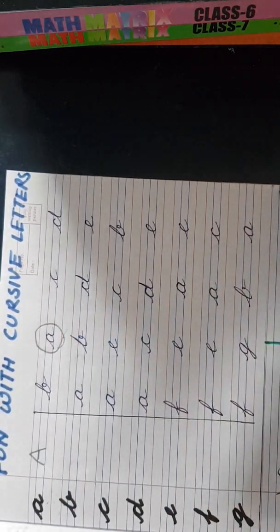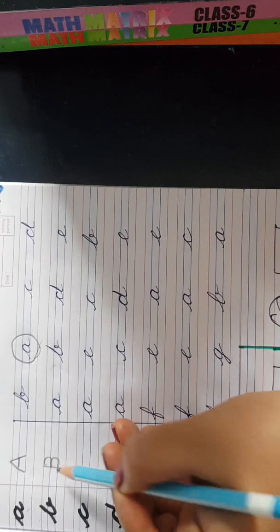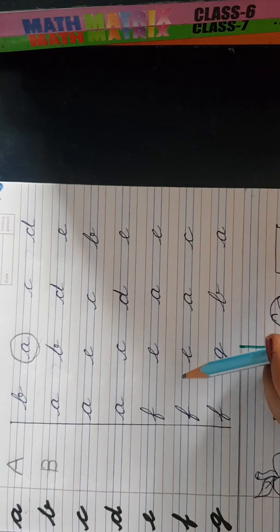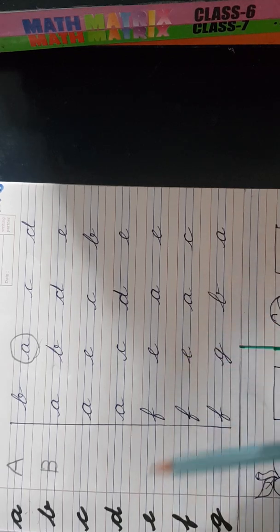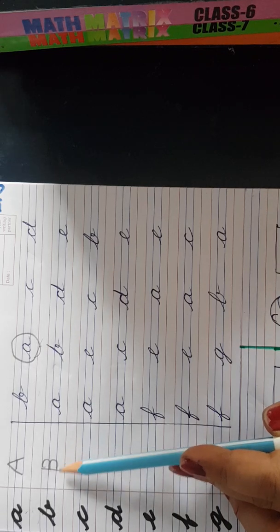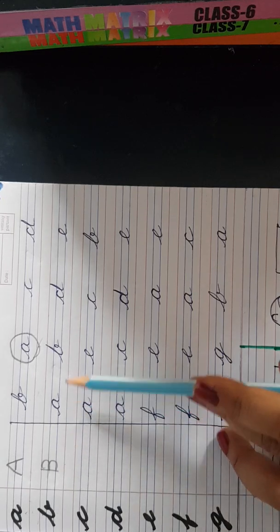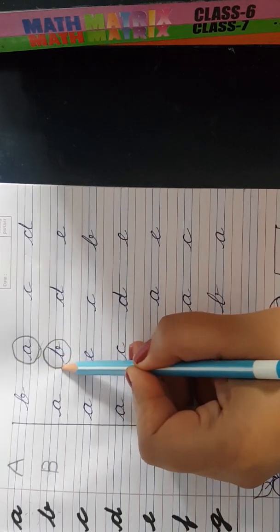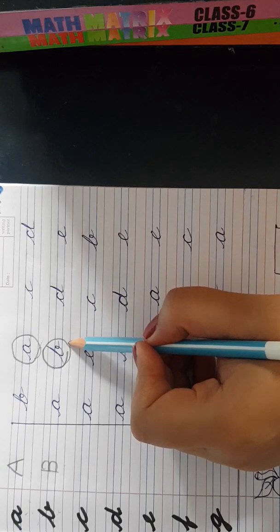So this is A. What is this? B. So B will be written like this. You all know, like you are all grown up children now. You have done this previously in class nursery, and now you are in LKG, so you all know. So what is this? This is small cursive B, and in this way you can write capital alphabet B, and you have to find small cursive B in this line, and circle it. So this is easily seen that this is small cursive alphabet B.